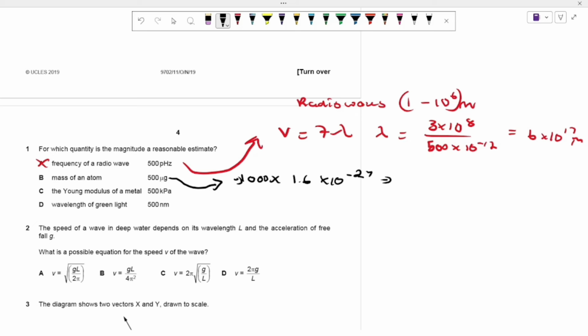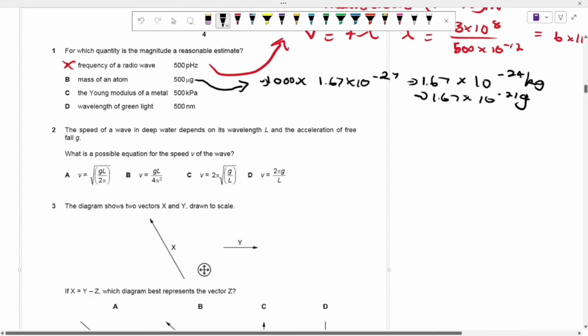If you calculate this, it's going to give you 1.67 times 10 to the power of negative 24 kg. Then if you convert this to grams, it's going to give you 1.67 times 10 to the power of negative 21 grams. And this doesn't make sense. That's a very, very big answer for the mass, because you were just given 500 times 10 to the power of negative 6. And then if you move on to this one, Young modulus of steel,